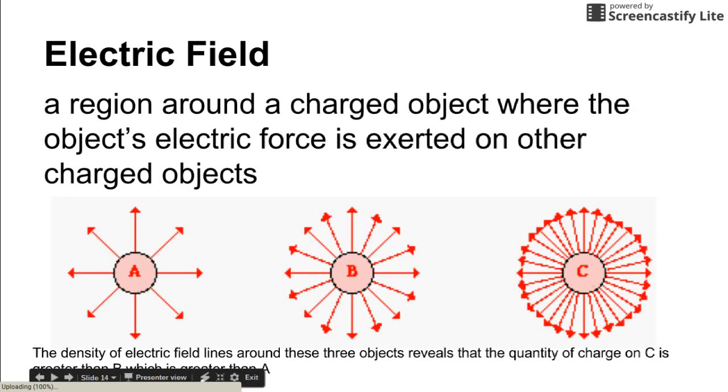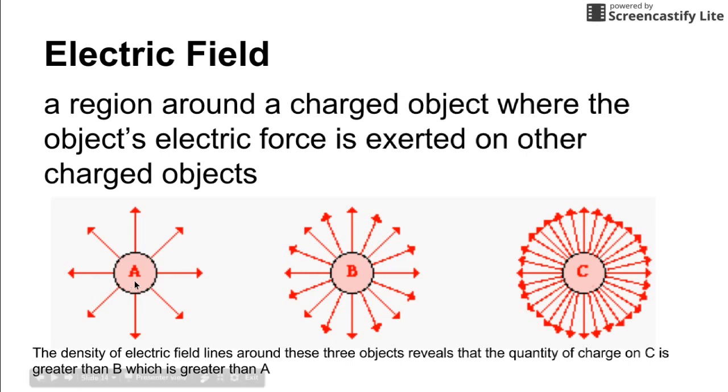I mentioned the electric fields earlier. Basically, this is just the region around the charged object where if you were to put another object in there, there would be a force exerted on it. We represent this with a circle for the object and then the force lines coming out of the object in